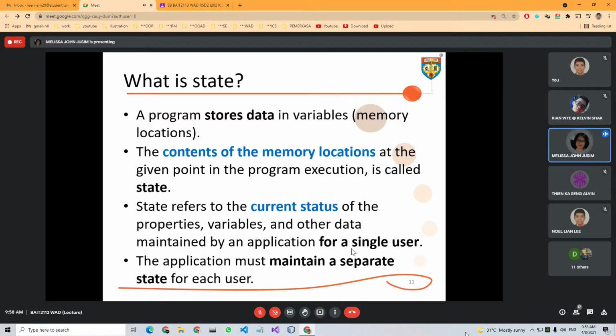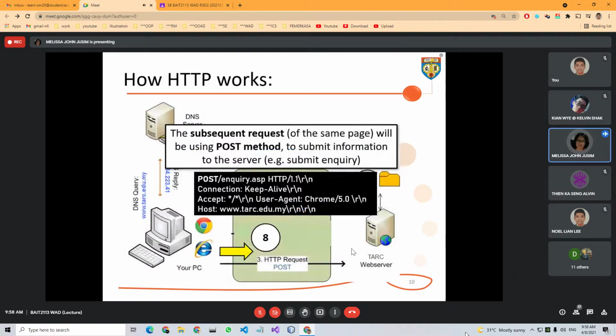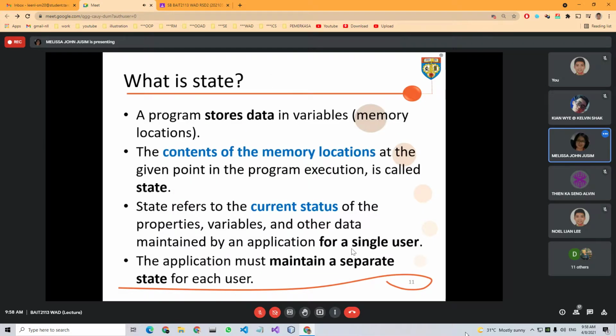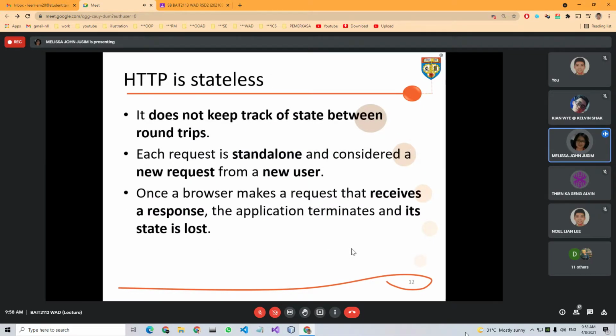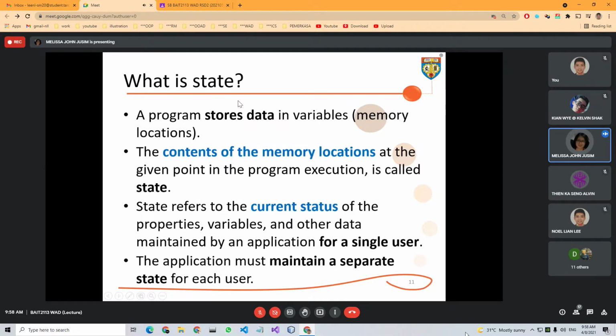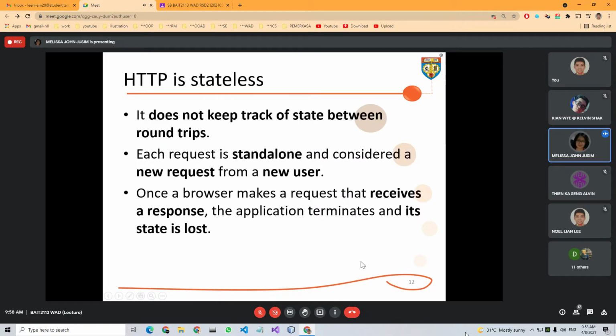Just now when we looked at how the HTTP protocol works, which was also mentioned in our earlier chapters, HTTP is stateless. Stateless means without state, meaning it cannot retain the current status. So it does not keep track of state between round trips from the client to the server and back.